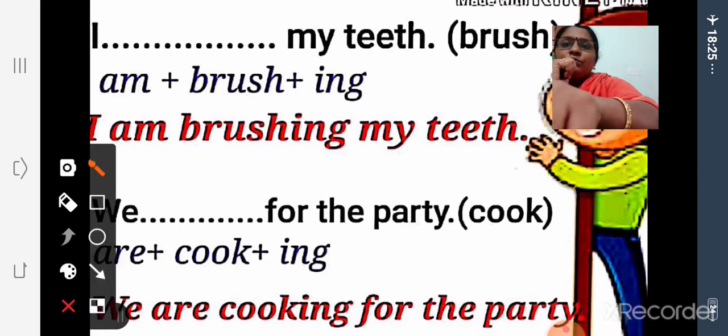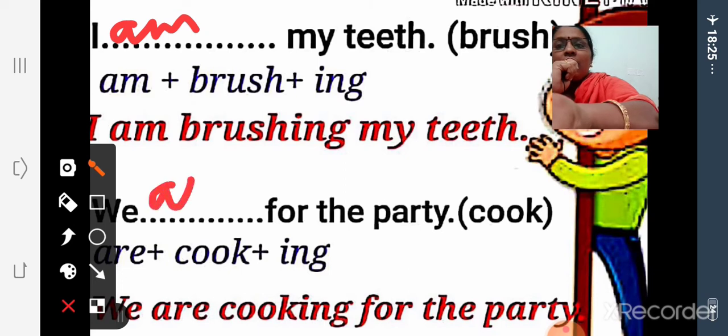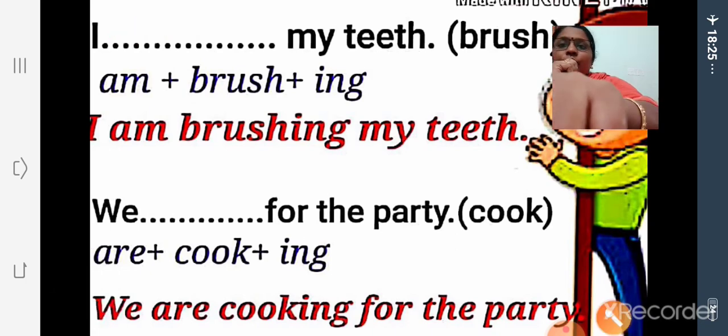Then I dash my teeth. Bracket brush. I, along with I we use am. I am brush plus ing, brushing. I am brushing my teeth. Then we dash for the party. We are cook plus ing, cooking. We are cooking for the party. Okay,